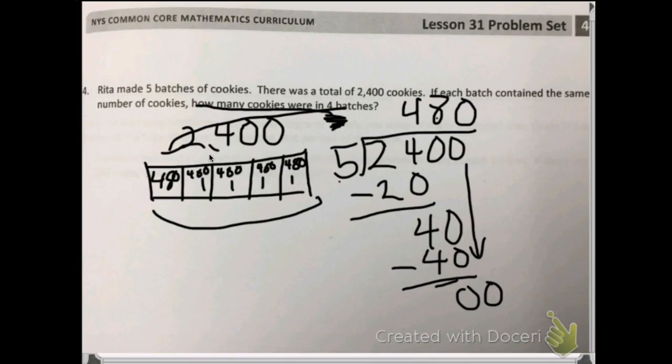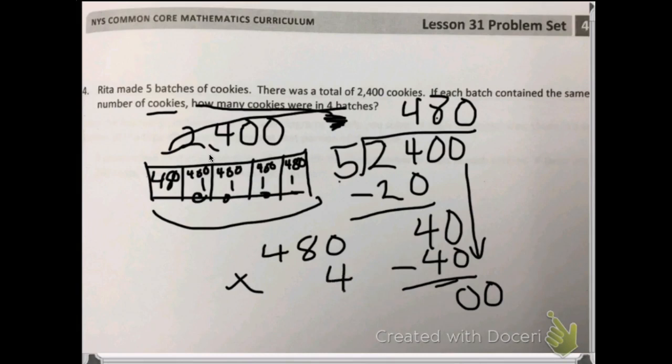If each batch contains the same number of cookies, how many cookies were in 4 batches? So now we need to say, if we have this one, this one, this one, and this one, we're going to have, you could add it. You could do 480 plus 480 plus 480 plus 480, but that would take a lot. Let's just multiply it. 480 times 2. I'm sorry, not times 2. We want 1, 2, 3, 4. My fault. Times